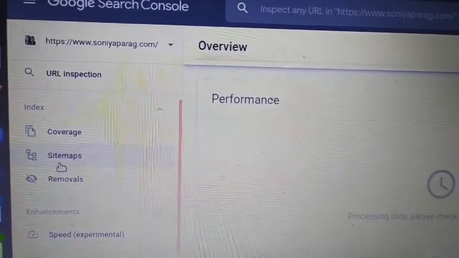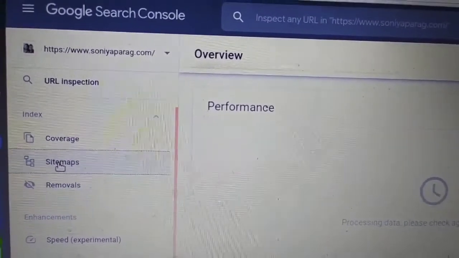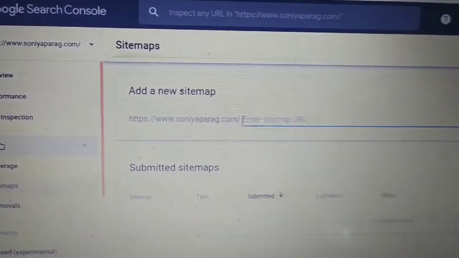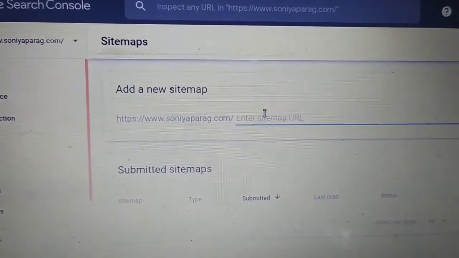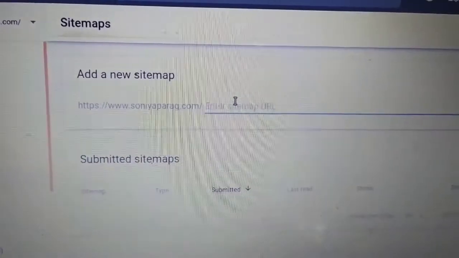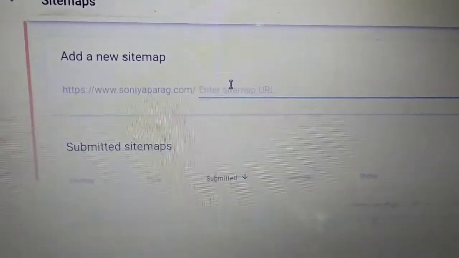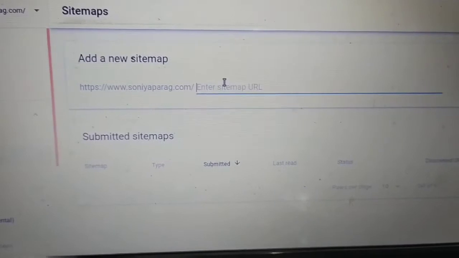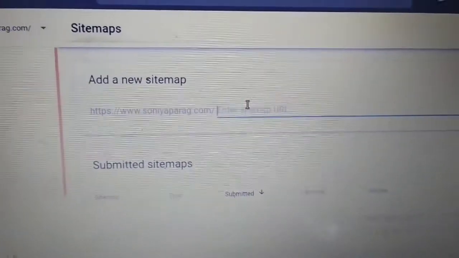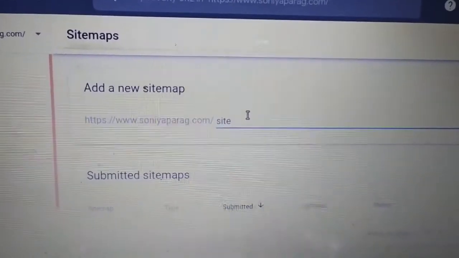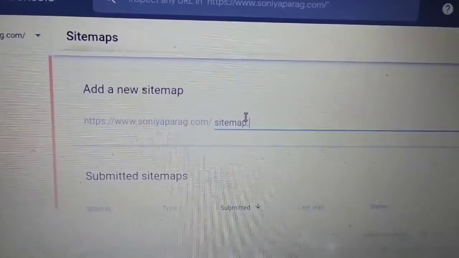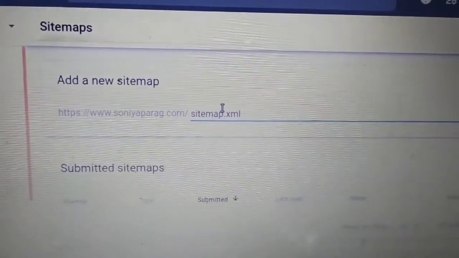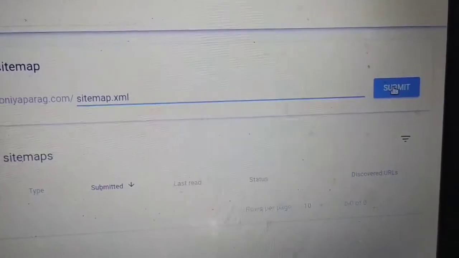On the left hand side there is a link called Sitemap. Click on that. Now here we have to add the sitemap for our website. A sitemap is the thing by which Google comes to know everything about our website. So here you have to enter sitemap.xml and after that click on Submit.